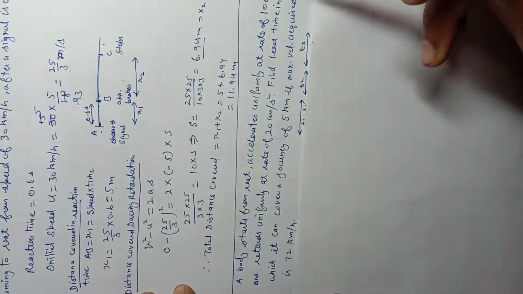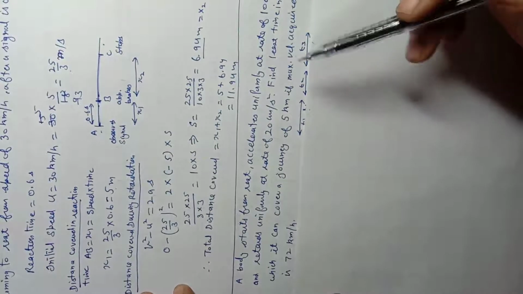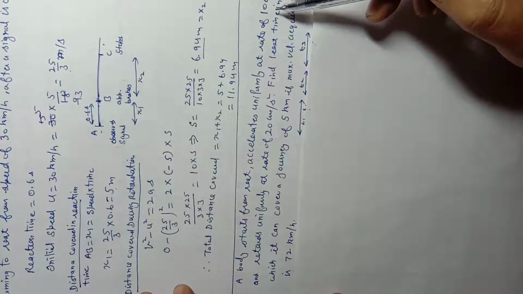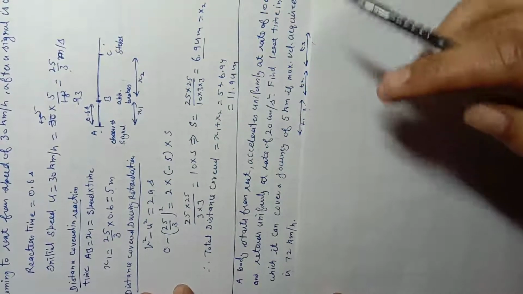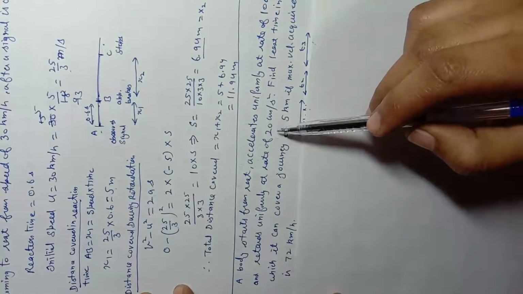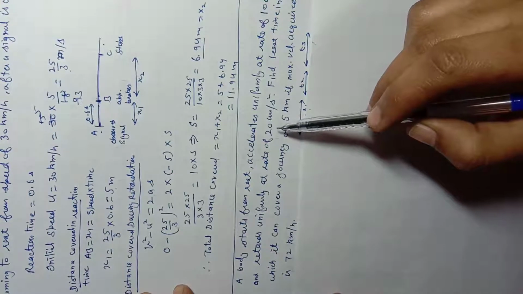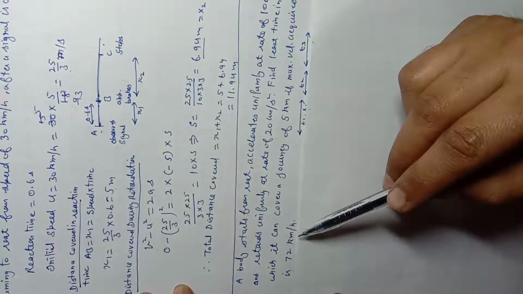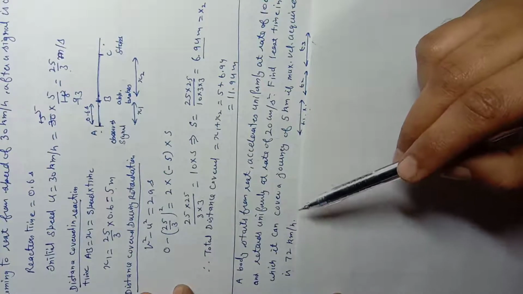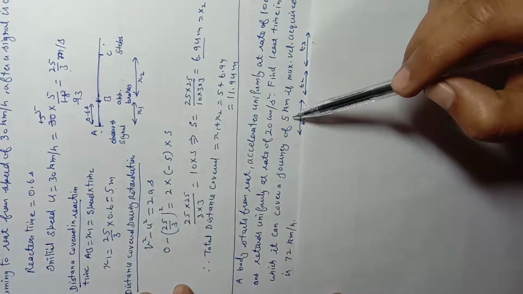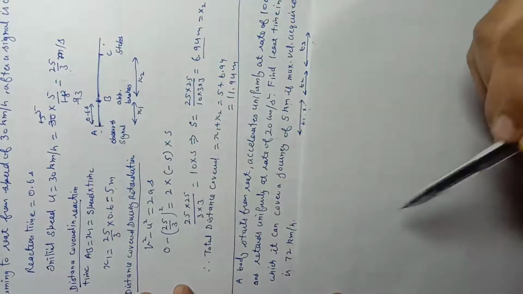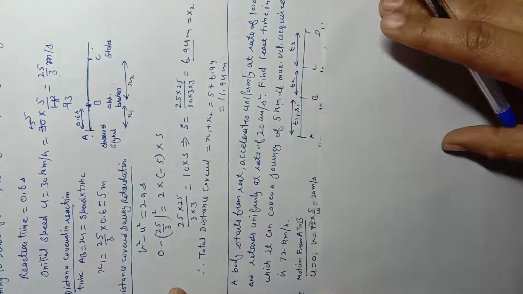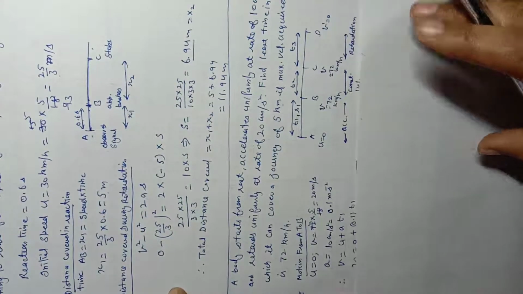So what is given? A body is moving, it starts from rest and it suffers a constant acceleration of 10 cm per second square. Then it retards with a constant retardation of 20 cm per second square, and the maximum speed it can reach is 72 km per hour. We have to find out the minimum time in which it can cover a distance of 5 km under this condition. So this total journey of 5 km we can decompose into 3 sections.